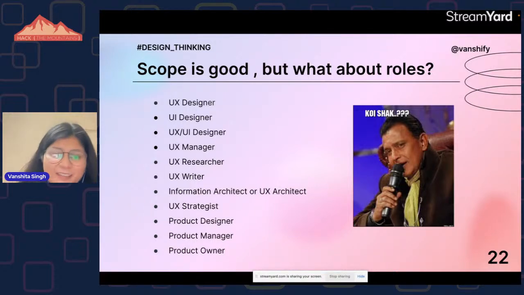So here is a list, and there are multiple roles that demand specialization of skills in UX. You can pursue any of these roles if you want to be in the UI UX or design industry. And of course, all these roles require a basic knowledge of human understanding, human psychology, UX, and UI. Even a product manager that works in a company has a knowledge of UX. So this is all in an increasing order.